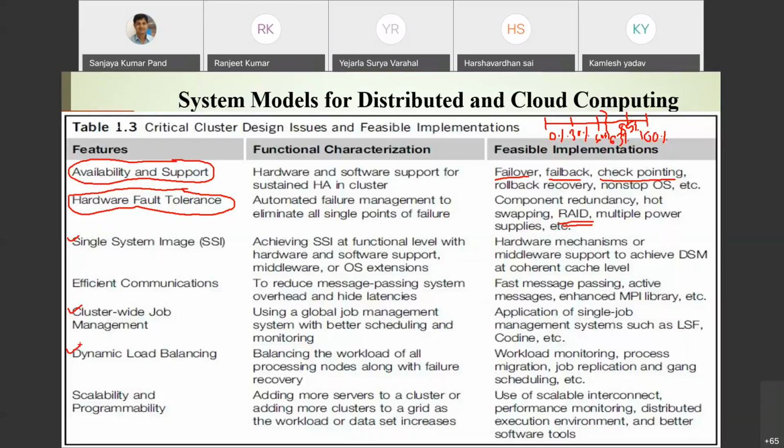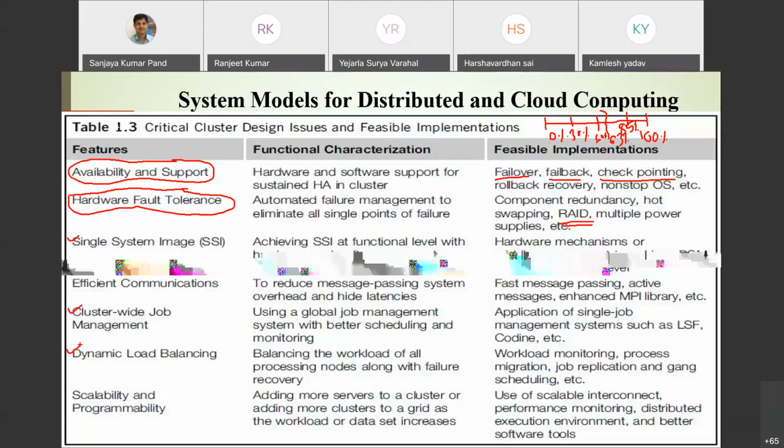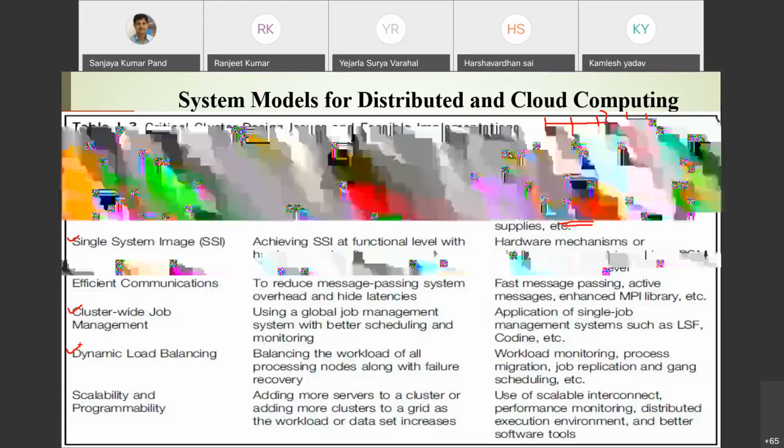Then comes dynamic load balancing, or we call it a load balancer. For running applications, or any cloud applications, in order to balance the load among the servers, there should be a load balancer between the servers, so that if a server is overloaded, its load can move to an underloaded server, or if servers are overloaded, it can add some new servers so that the load will be shared well among all the servers.